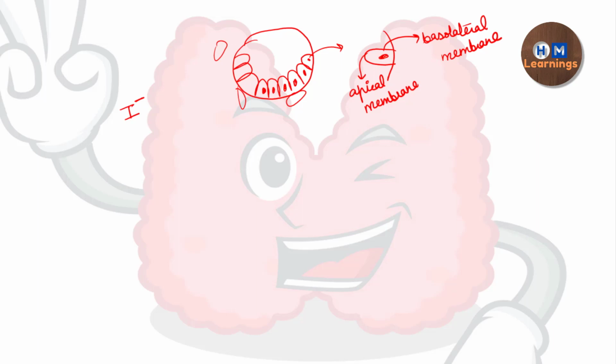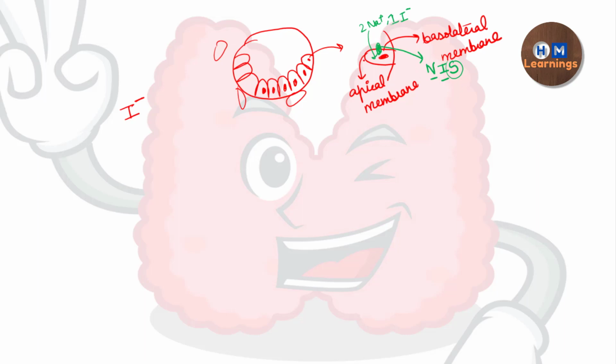So on this basolateral membrane, there is one channel which helps in the uptake of the iodide, and this channel is called the sodium iodide symporter. Okay, symporter means what? The sodium as well as the iodide are going to be transported in the same direction. So 2 sodium and 1 iodide are entering the thyrocyte from the capillary. Okay, and this is basically an example of secondary active transport.